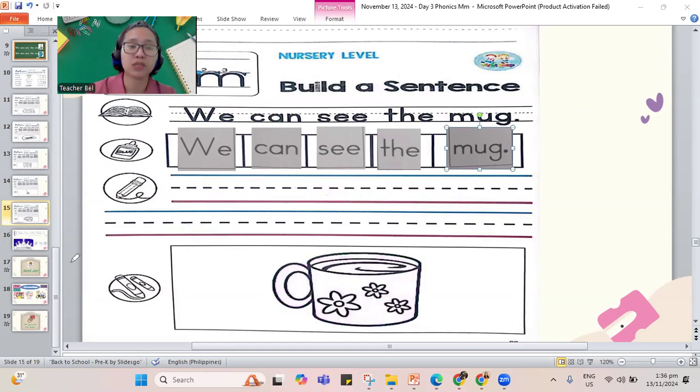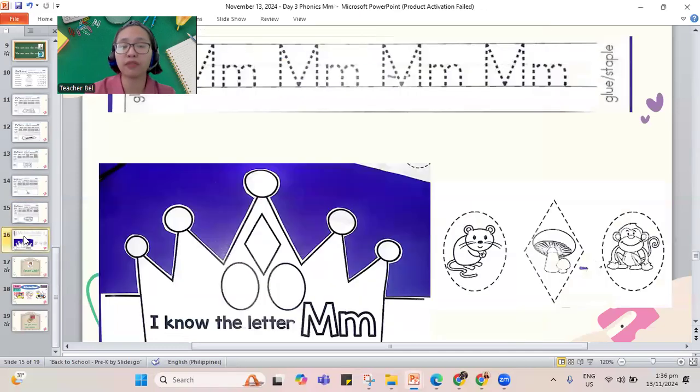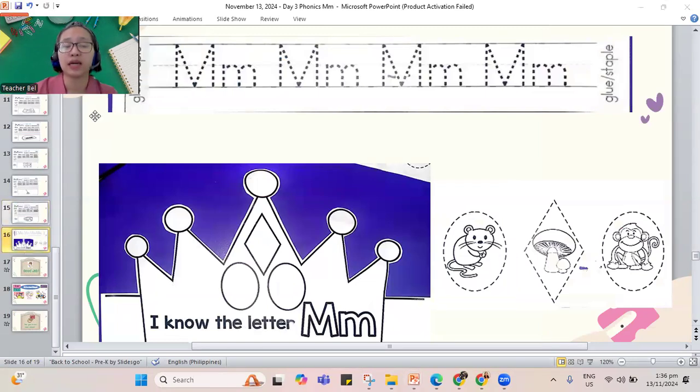But you still have to do your letter M crown. Now, if you don't have your crown with you for the work today, you will do it with your teacher in the class when you go back, okay? So for our letter M, let's trace M. Line down, slide up and down, capital M, lowercase m, line down to mountain.